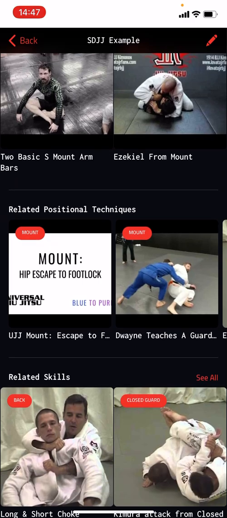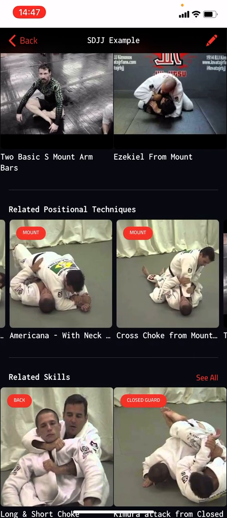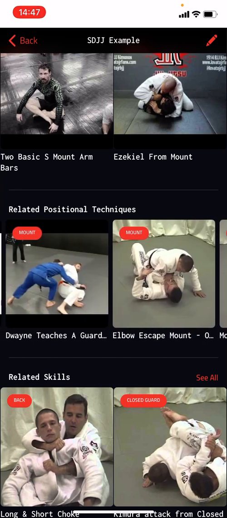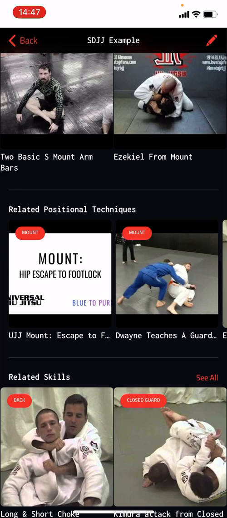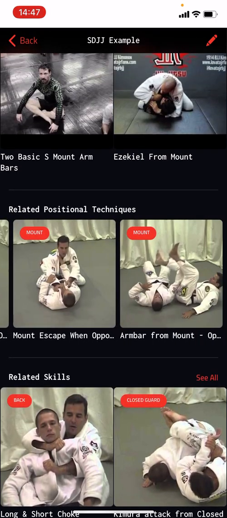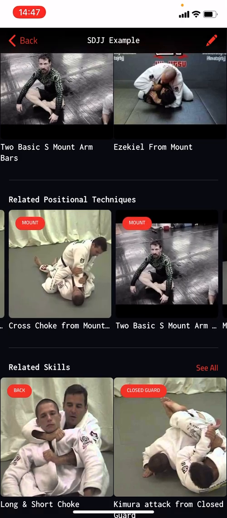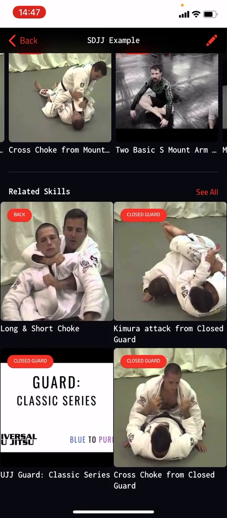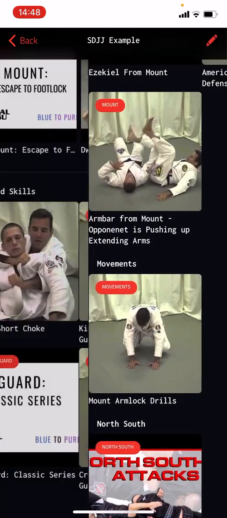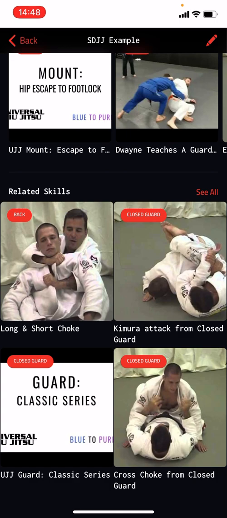Below that, we've got those related positions. Notice that all the tags for the position are all mount, and that's because we selected mount, and these technique videos are assigned to the mount position, and they pertain to that. Below that, we've got all the skill tag videos. So you'll see this one's a slider up here. You slide left and right. And anytime you get to a list and it looks way shorter than it is, look for the See All button in the top right of that list. When you hit See All, it'll show you all of those videos that you possibly don't see. And you'll see these are all the videos that have been tagged with those skill tags that we added for